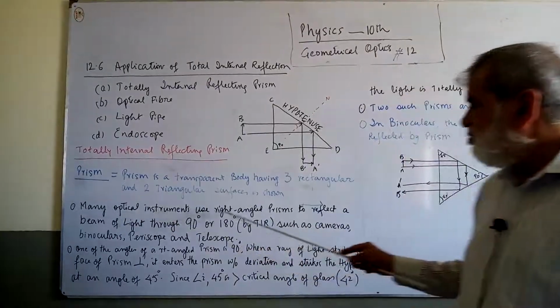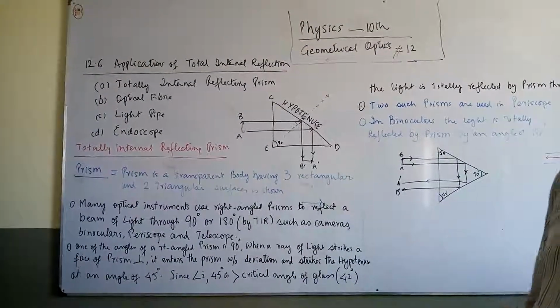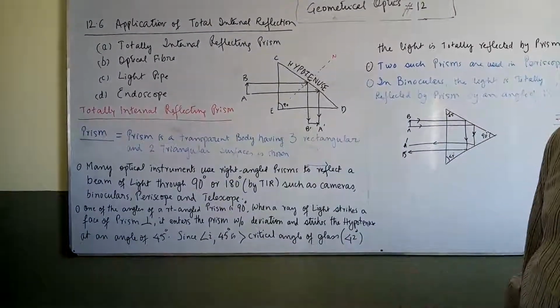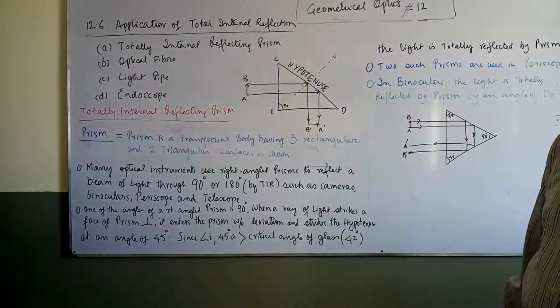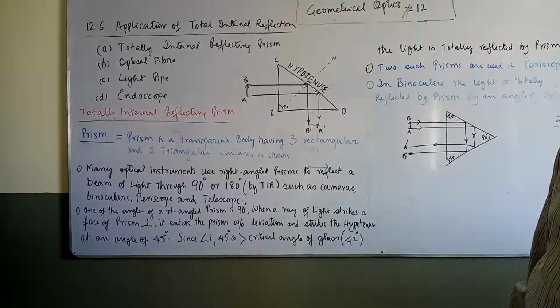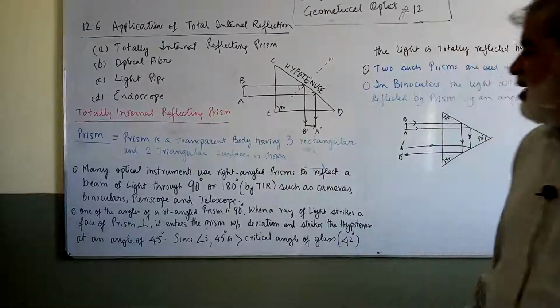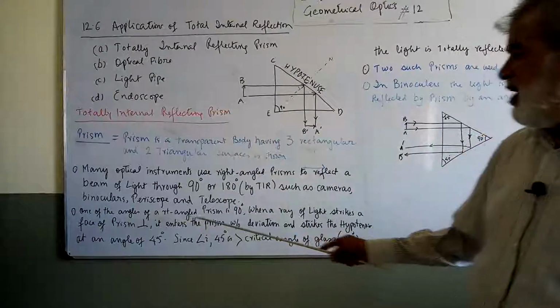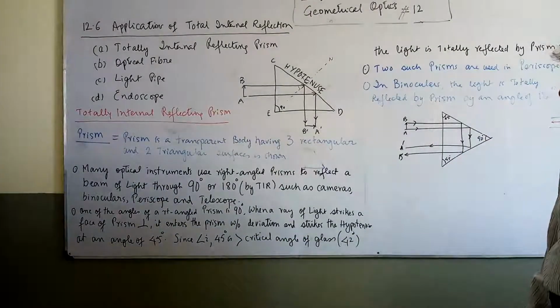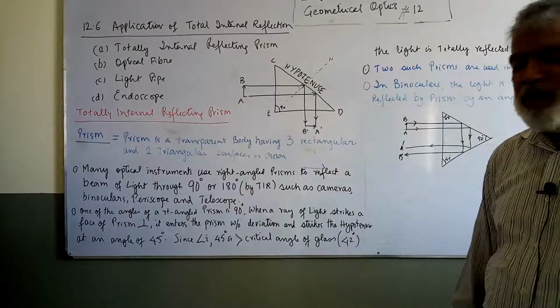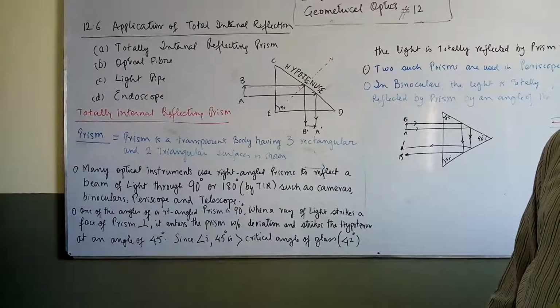Many optical instruments use right angle prisms to reflect a beam of light through 90 degrees or 180 degrees by total internal reflection, such as cameras, binoculars, periscopes and telescopes. One of the angles of a right angle prism is 90 degrees. When a ray of light strikes a face of the prism perpendicular, it enters the prism